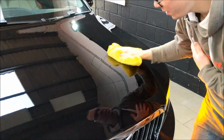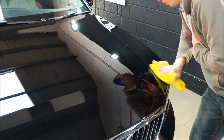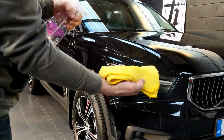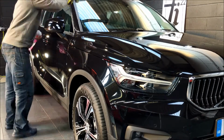So just a little bit of that was a real-time bit of machine polishing there, just on one small section of the bonnet. Obviously the whole car is machine polished the same way, and then there's a thumbs up there. Hopefully you can see, if you rewind and skip back, the increase in depth in the paint. So with the paint machine polished, this is just a really quick time lapse into the next stage,